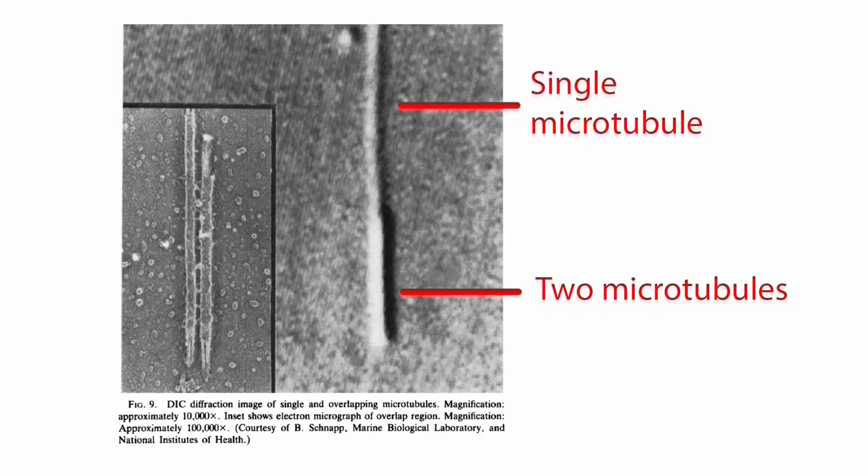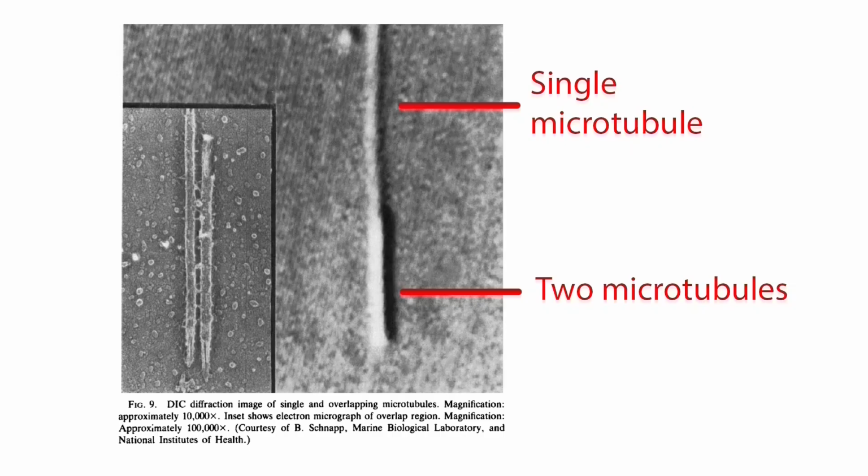The upper part of the image shows a single microtubule. The lower part shows an overlap of 2 microtubules, which cannot be resolved. The real width of around 20 nanometers is displayed here as an artifact more like